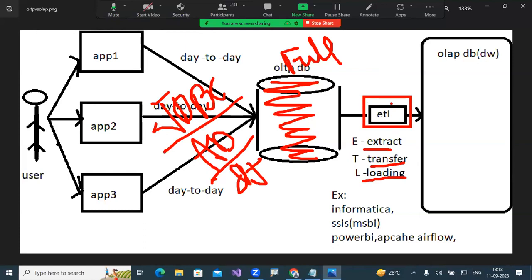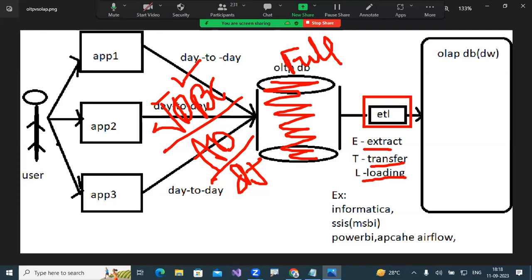With the help of this software, the connectivity between OLTP databases and OLAP databases is established. Like how you establish connections with JDBC between a Java application and an Oracle database, same way from Oracle database to data warehouses, SQL Server database to data warehouses, MySQL to data warehouses, from database to database,